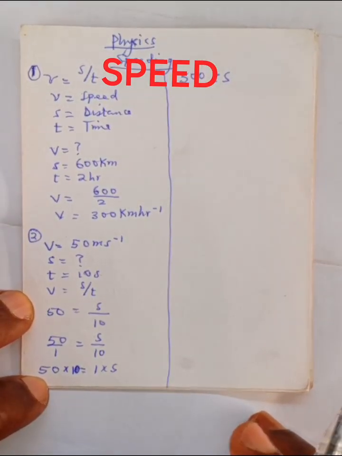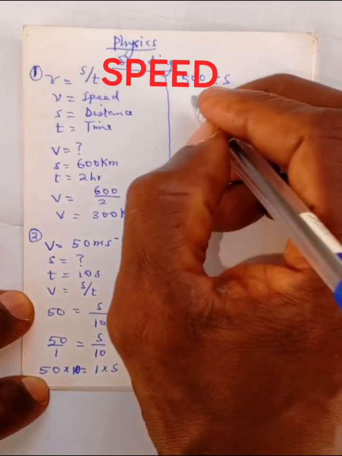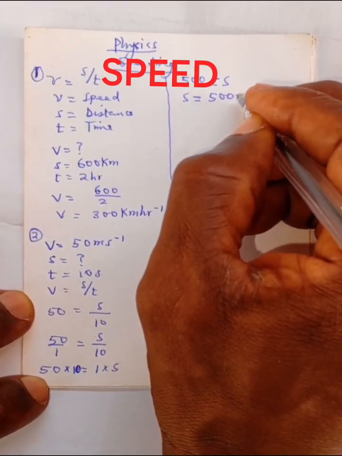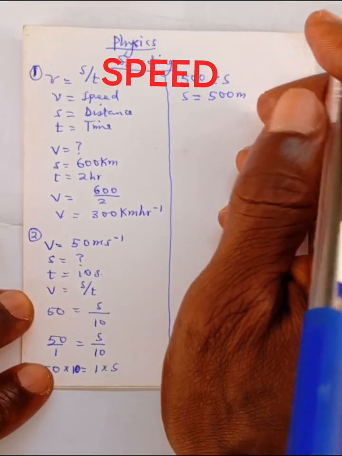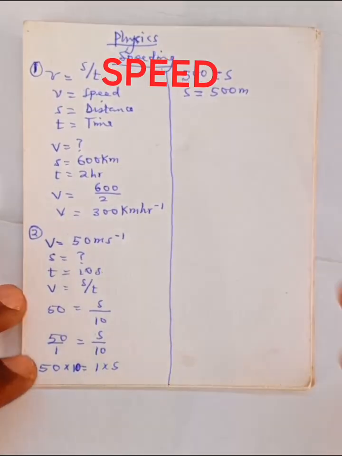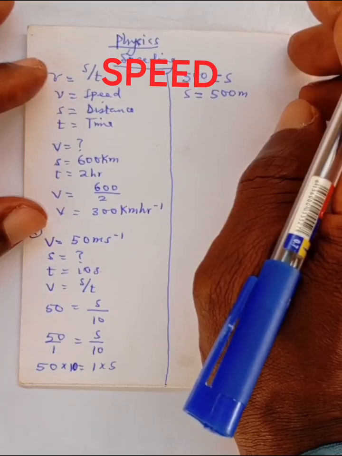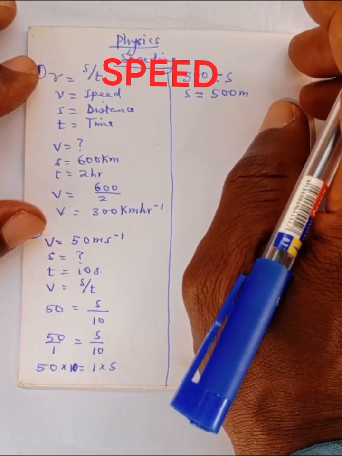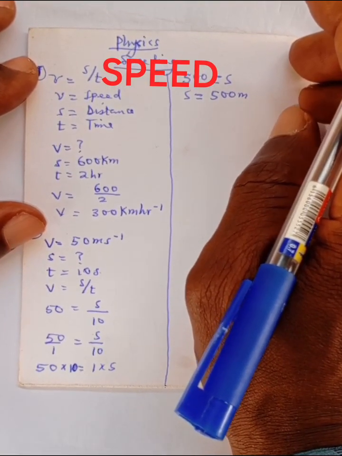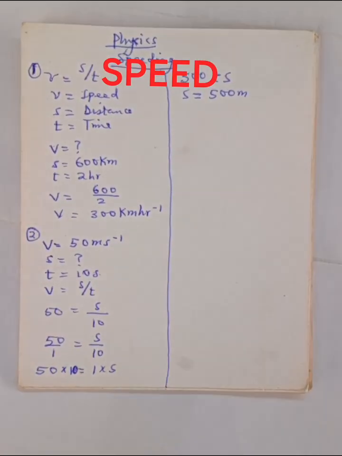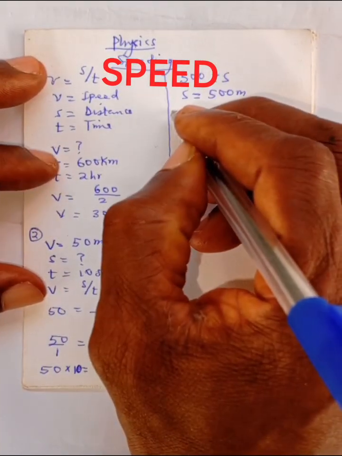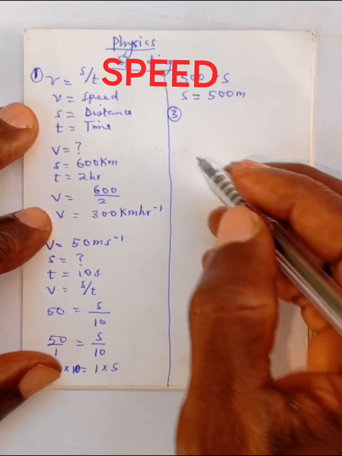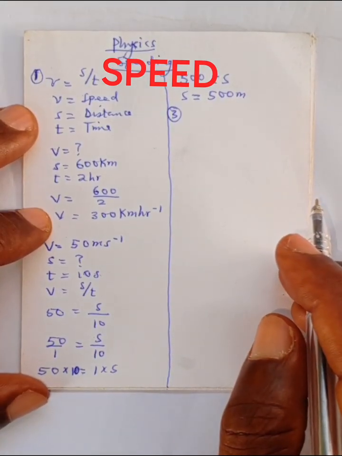So we have that as our distance. S, which is distance, is equal to 500 meters. So this becomes the distance which we are looking for in this ball rolling off the table. So we are going to look at another problem, which is the last problem we may take here. The question says a race car was moving at a speed of